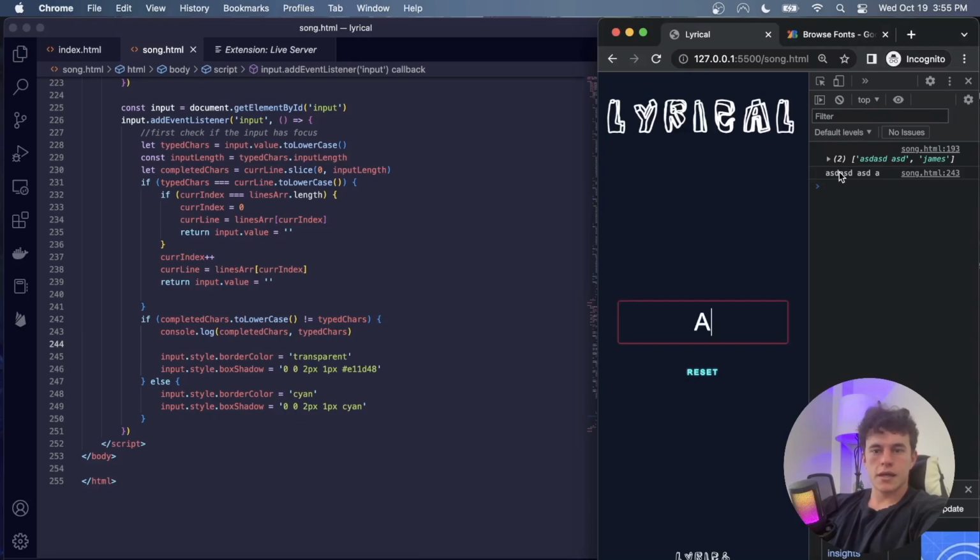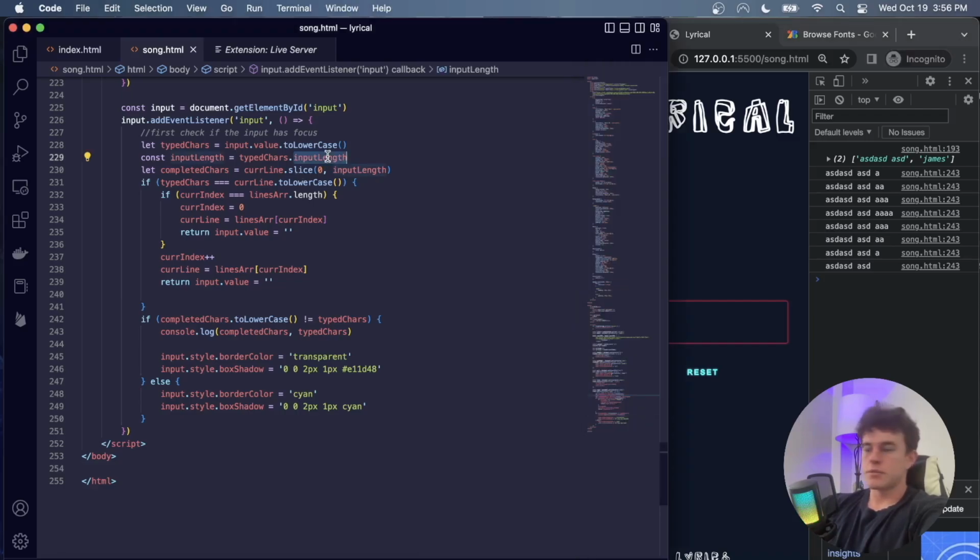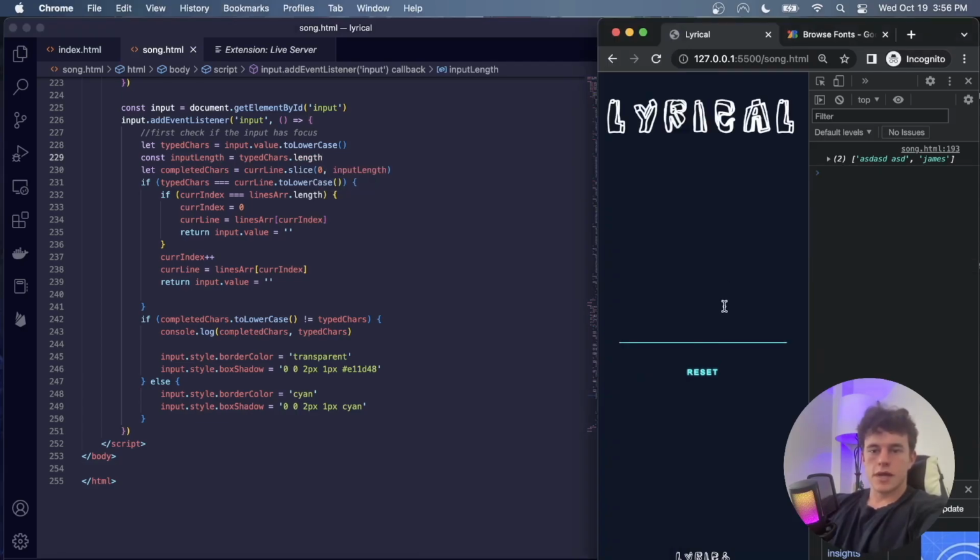Now we can see that the reason this is incorrect is because we're getting completed things, and that's because this is comparing A to ASD, ASD. So of course it's never going to work. What we instead want to happen is actually for the slice to be working, which it doesn't seem to be, and that's because that is an incorrect method. So now ASD, ASD, A, incorrect, recorrect, incorrect, recorrect, space ASD, new line, A, oh, wrong, but James, correct,